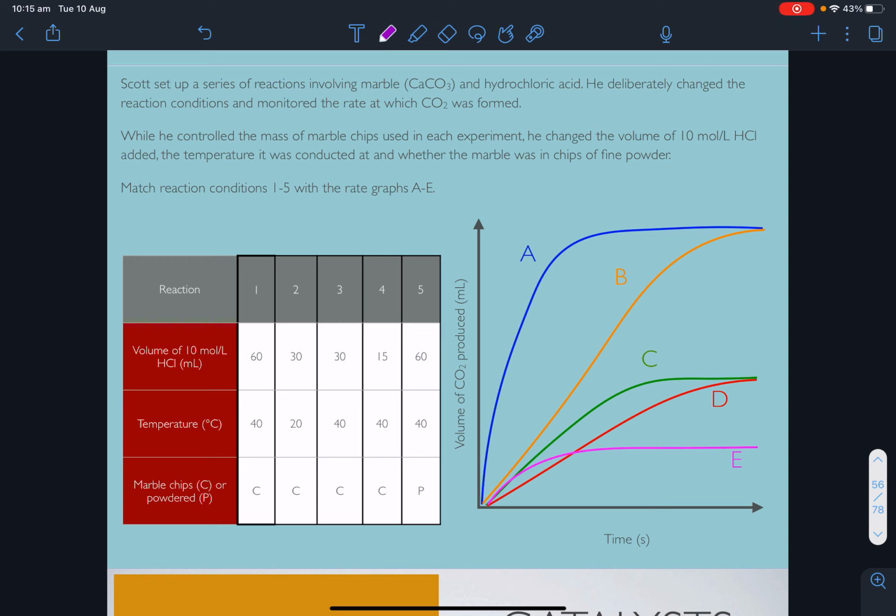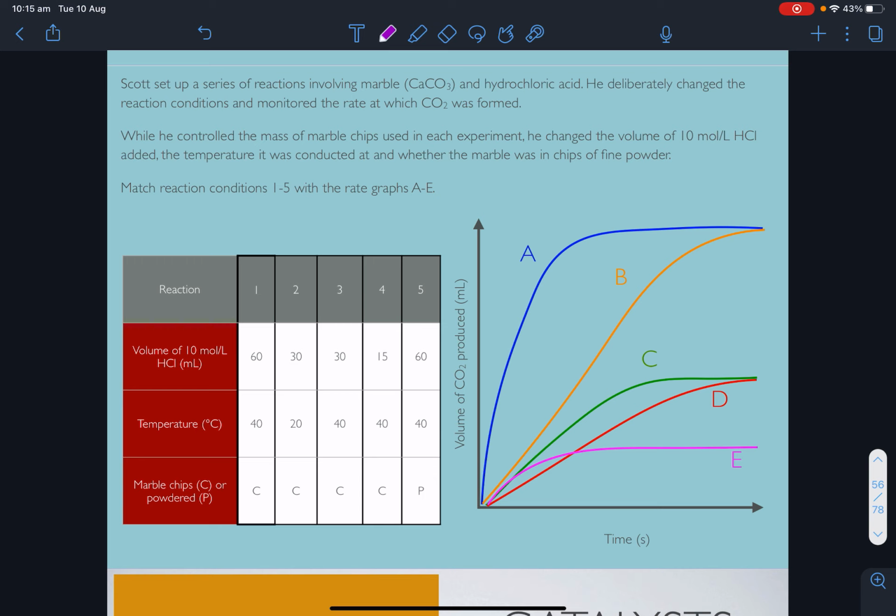What we need to do is match the reaction conditions 1 through 5 in the table, and identify what graph each will produce, A, B, C, D, or E, okay? I'll just erase my scribbles there. All right. Okay, how I'm going to approach this is,